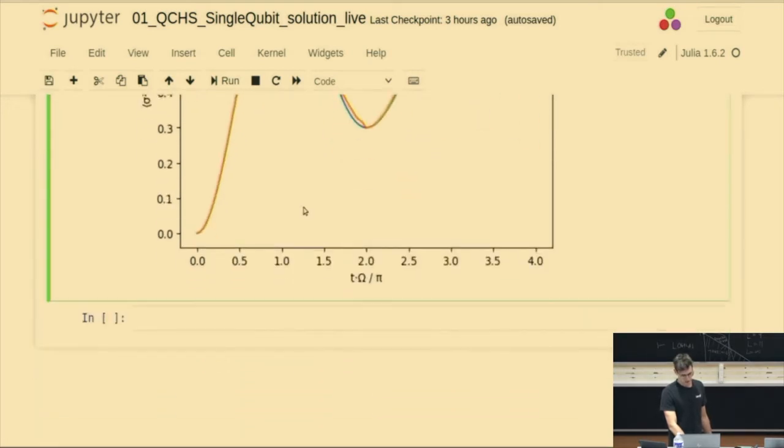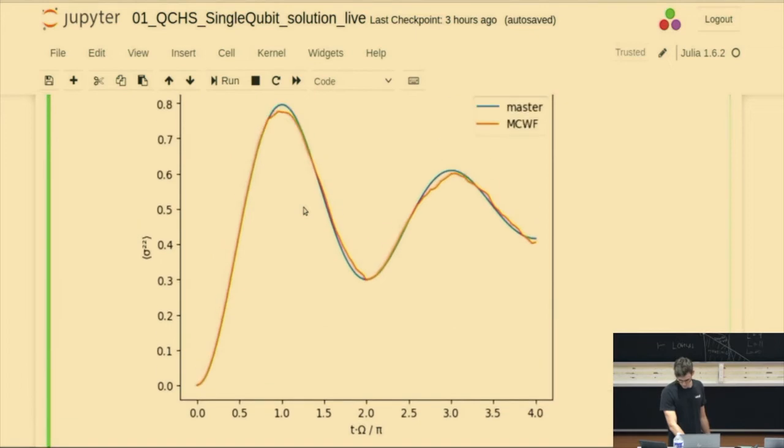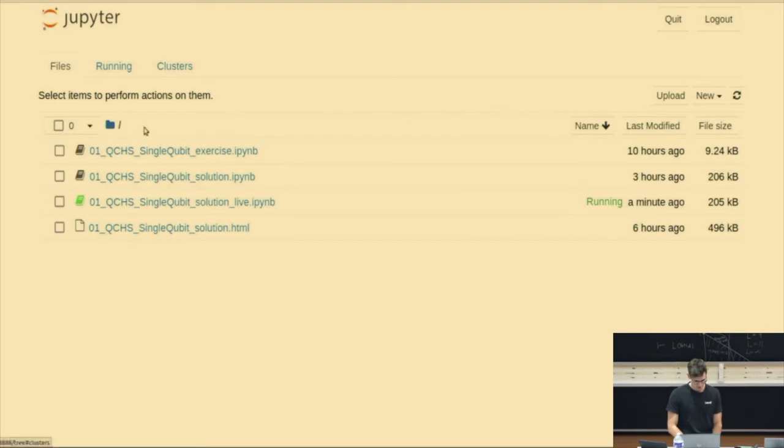Good, so that's basically this example. We have 15 minutes left for the more involved example. If someone still wants to do this one, you can also just finish it. It doesn't matter if you don't finish anything, so just do whatever you want. I'll just go to the next example,